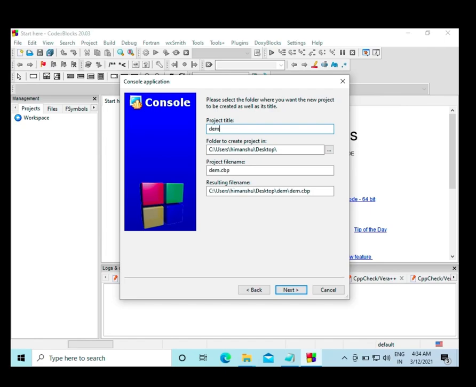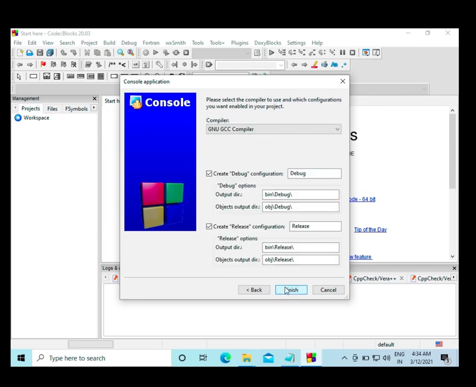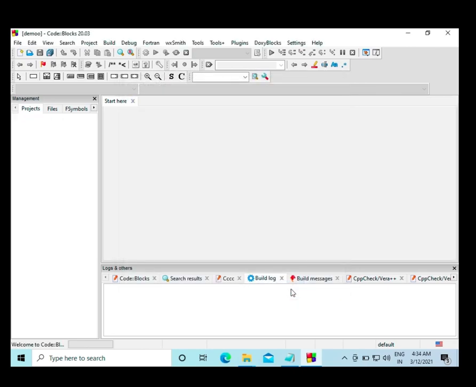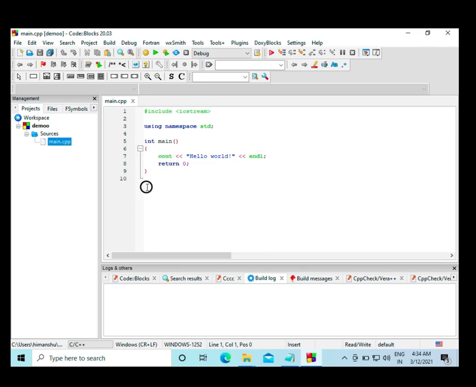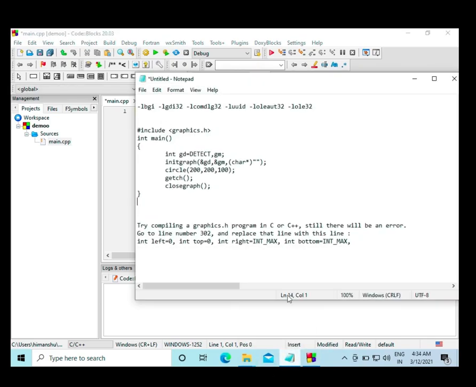Okay, so demo, next, finish. Under sources, main.cpp. Here we need to write the graphics program, and I already wrote it in Notepad, so I pasted it here.